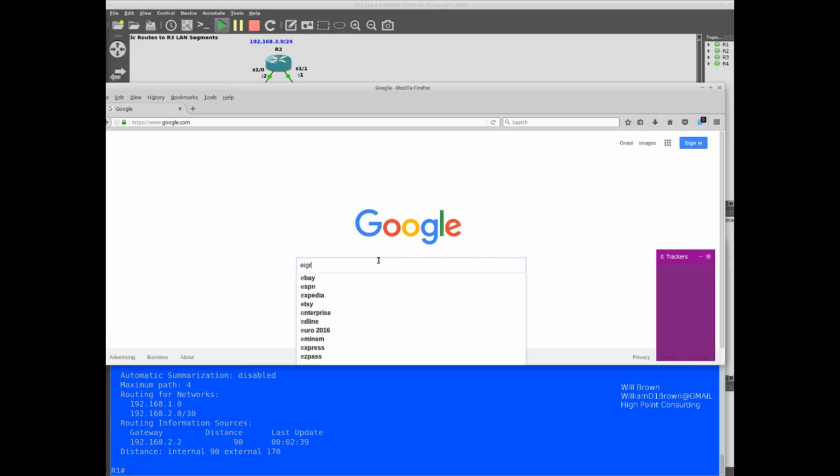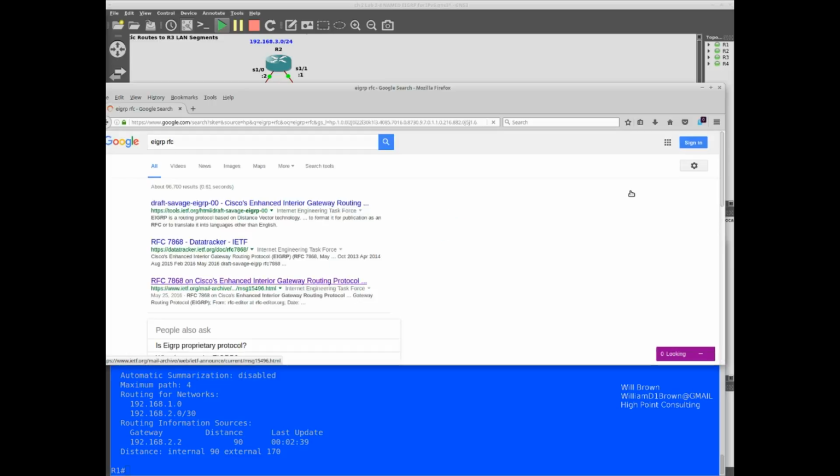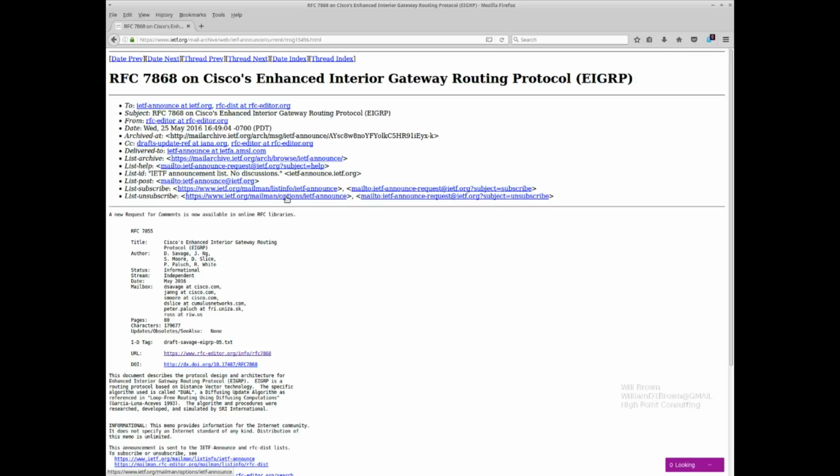EIGRP RFC. So now there's RFC 7868, the document that